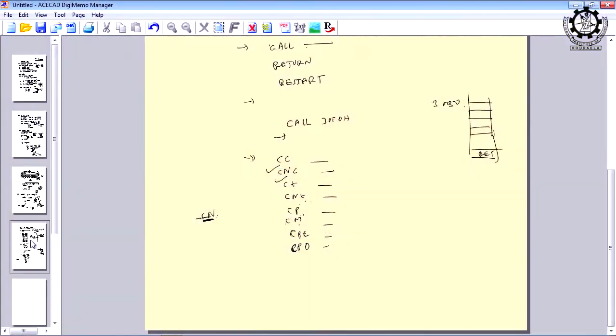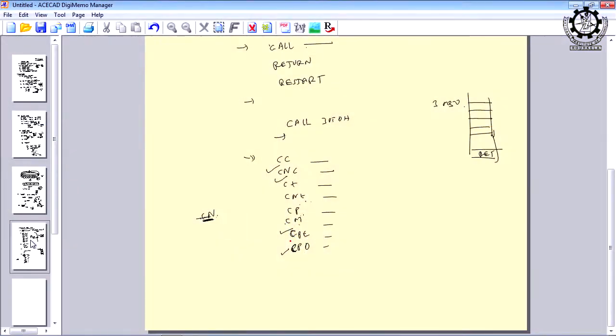So, anyway, CPE is call on parity even and CPO is call on parity odd. When the parity flag is set to 1, the number of ones including the parity bit, if the result is odd, then this parity flag will be taken into account, and if the parity flag is set to 1, then we will be calling the corresponding subroutine. You will understand that, as I told you, if you solve a number of problems so that every instruction of 8085 is used in your program. By practice only you can know what is the use of these instructions.